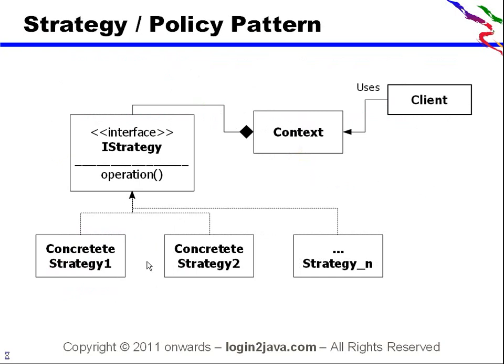Now just have a look at this. See the variations. Maybe the context is not required. Maybe your strategy can be singleton or n-ton, or a combination of both. The context will be required, or you can have a singleton or n-ton behavior.